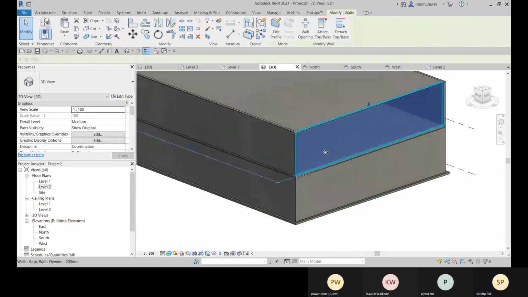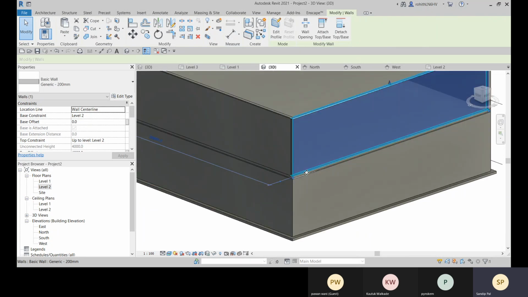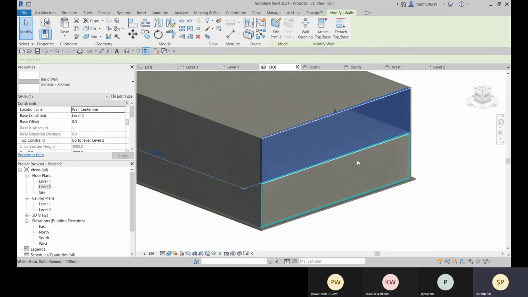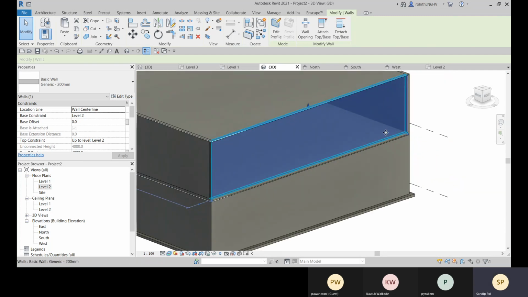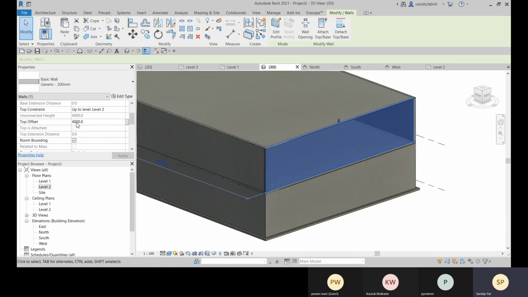Okay, and right now the base offset is not shown here, because this is connected with the floor. So the profile has been changed accordingly. So you can go for base offset, and then you can go for attach top or base, so that you can get the proper height of this wall.